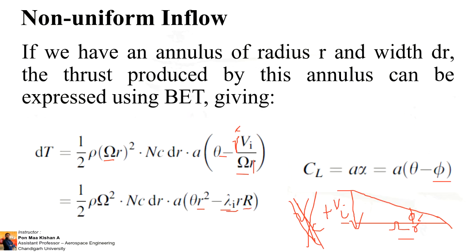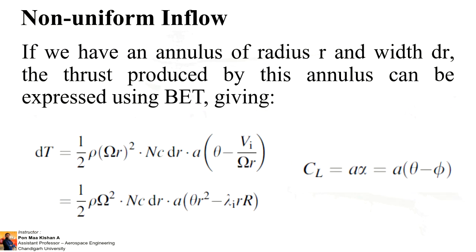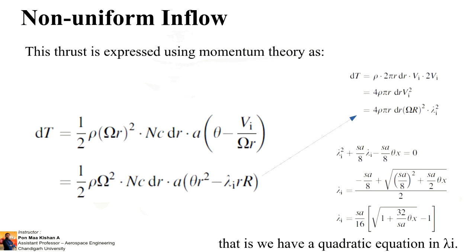So you just have a look at your blade element theory. This equation will be there, so the rate of dT, the thrust variation. The thrust variation during hovering can be done with the induced flow. When we are integrating, then we can correspondingly get the change in non-uniform flow also.